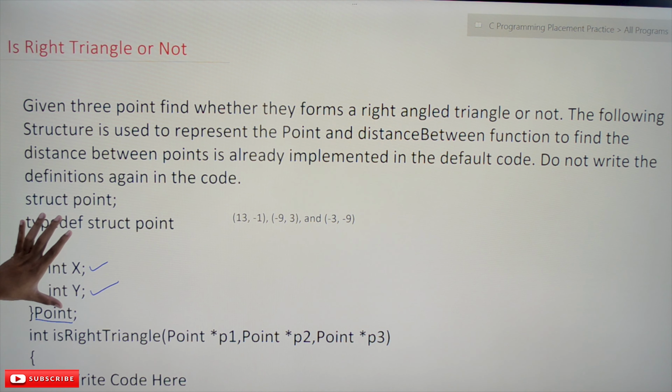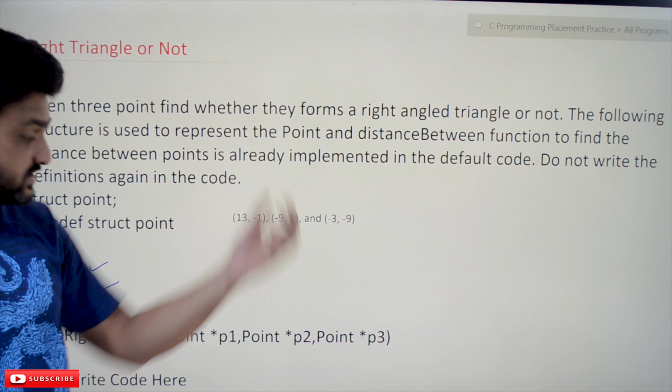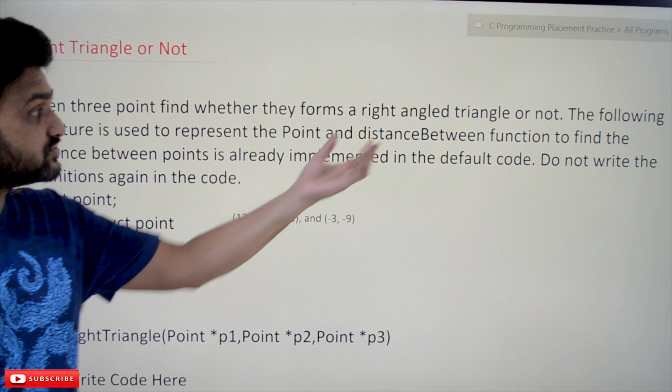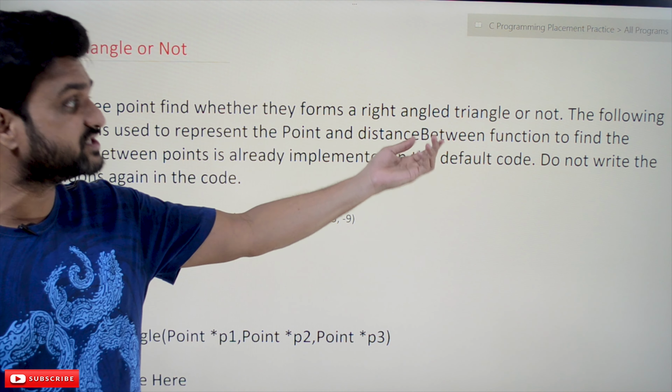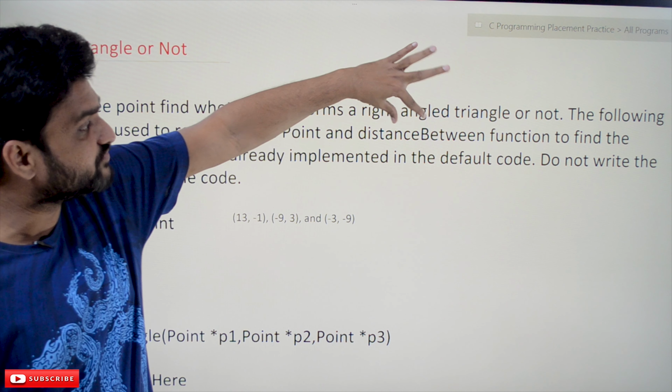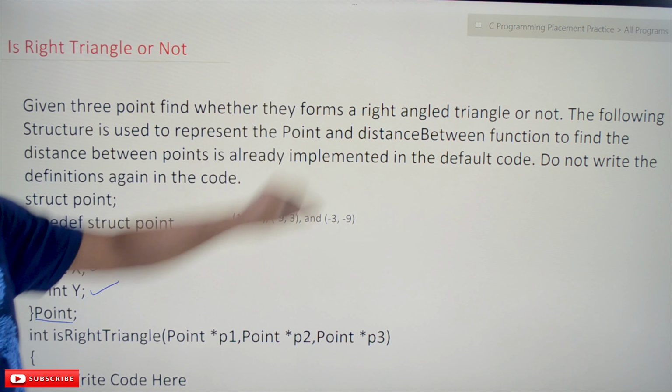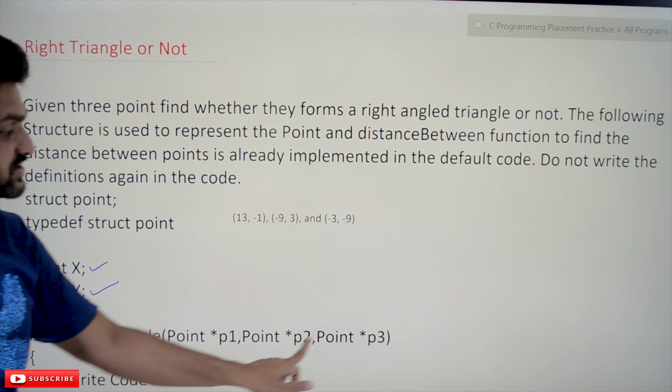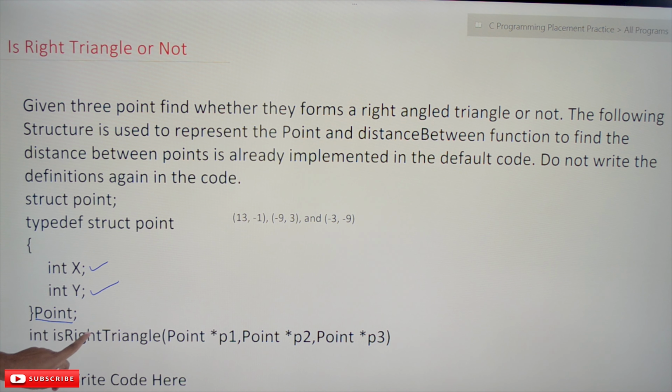The background programming for the main function, the declarations of these variables, and the definition of the function distance between have already been done. We can just use this function and these structure variables, and we have to write the function called is right triangle.